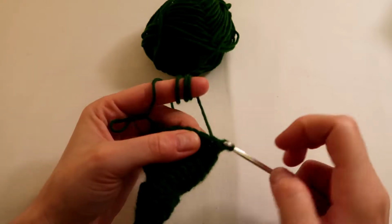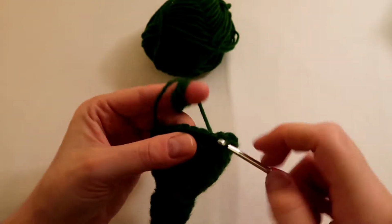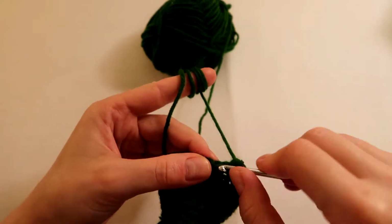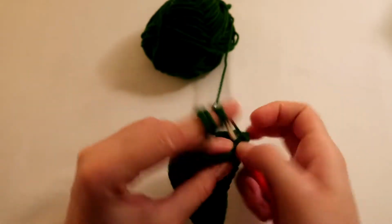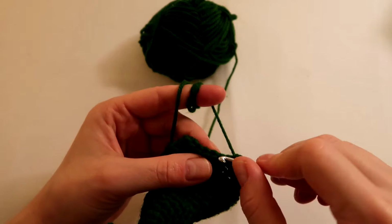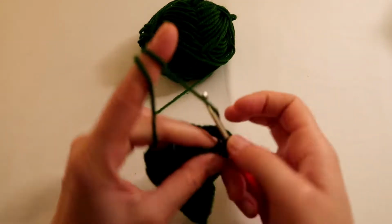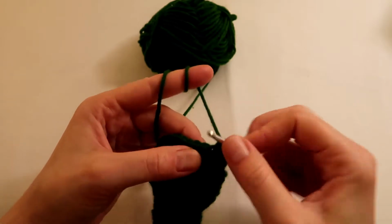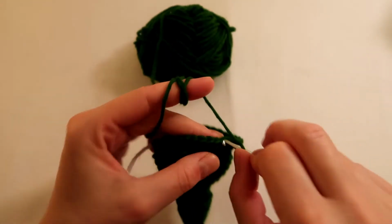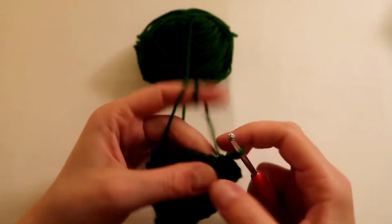So 1, 2, 3, 4, 5, 6, 7, 8, 9, 10, 11, 12, 13, and 14, and then 2 double crochets in 1 stitch, and then 14 again, 1 double crochet in each